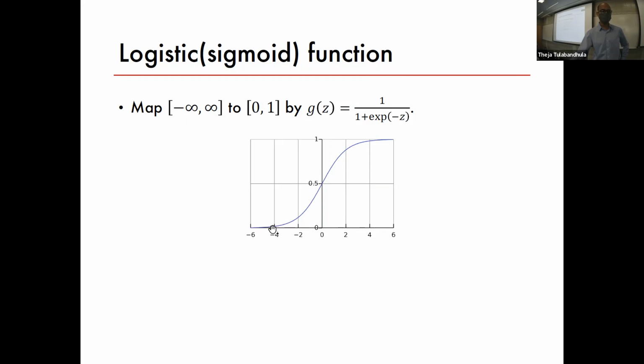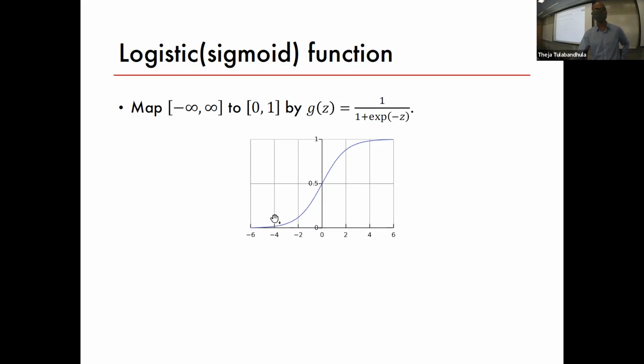G of minus 4 is something slightly less negative, slightly positive, and g of 0 is 0.5, which is nice, and g of 6 is almost close to 1. So this function is also actually similar to the previous function. What it's doing is, g of, let's say, 20 is almost going to be 1. G of minus 20 is also going to be 1. So it flattens out.